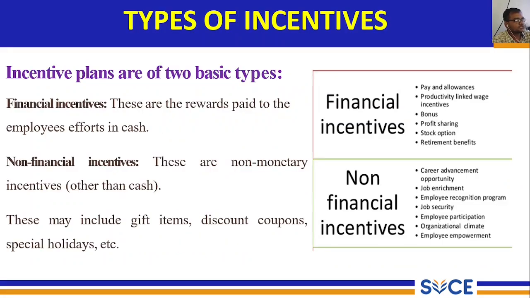So what are the various types of incentive plans? You categorize them basically into two types. One is financial, the other one is non-financial. Financial incentives are paid in the form of money. It is a monetary benefit you provide: the allowances, the bonus, the profit sharing, the stock options. Even in recent days we have seen that Zomato has offered stock options to its employees. They'll be able to get the stocks from the share market at a much lesser price when compared to the regular public. So it's a kind of incentive which is provided to them.